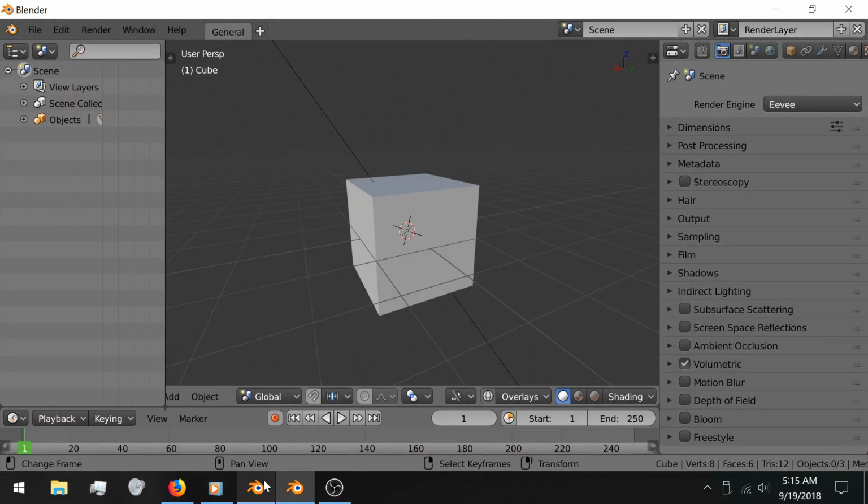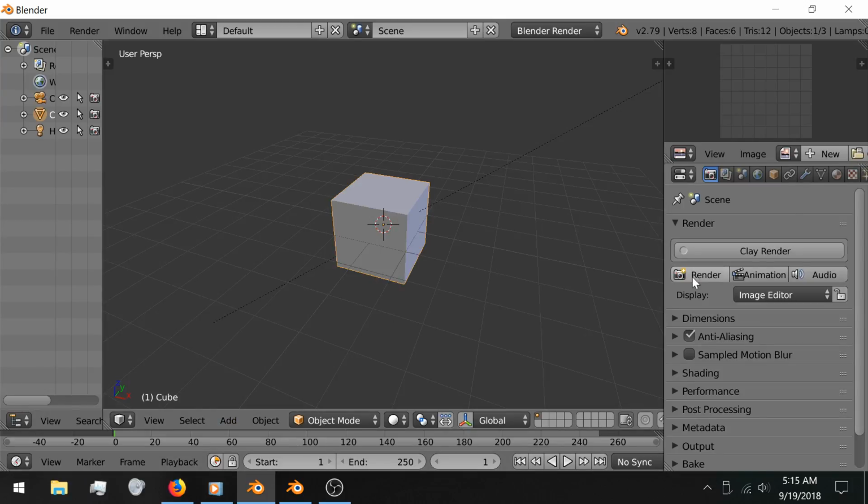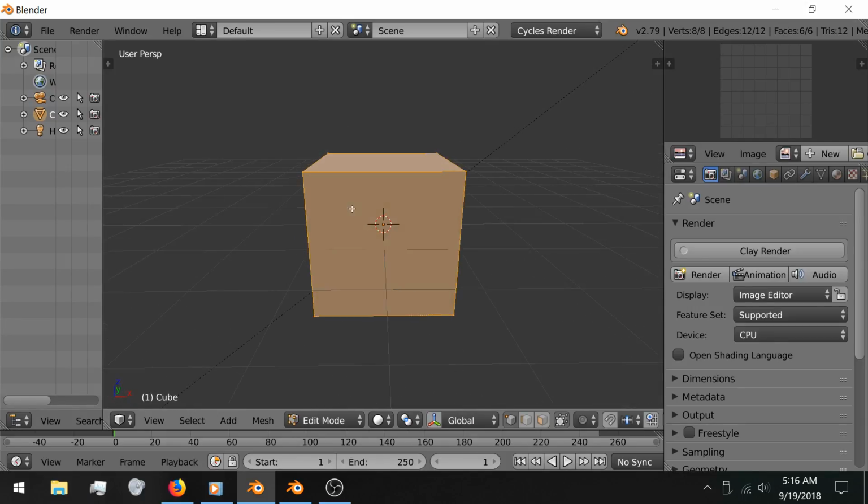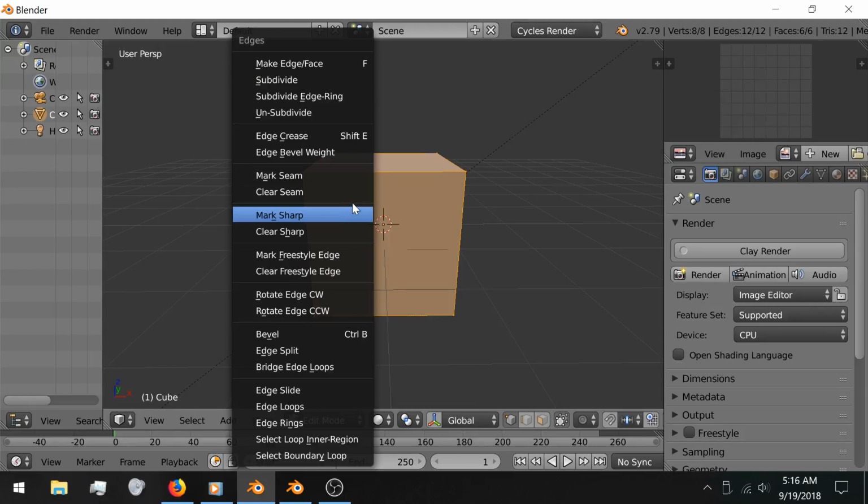So this is the old version of Blender, and I'm just going to change it from that to Cycles, so we get as close to a like comparison as we can. So this is 2.7. I'll probably get them confused. So in edit mode, if we press Control E, make edge, subdivide, you'll see mark seam and clear seam